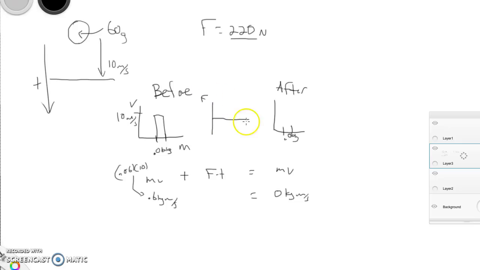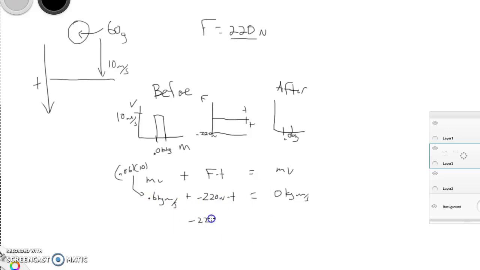So let's say it experiences some force for some amount of time, and we want to know if this egg is going to survive. Let's figure out how long this collision has to be. So it's going to be a negative force because it's making it stop, so it's going opposite of the velocity, right? And so it's going to be a force of 220 newtons if we want to protect it, 220 or less. So we want to know for how much time does it have to experience that force to be protected. How long does the collision have to last? So we'll say negative 220 newtons times t. Okay, so we subtract that over this guy right here.